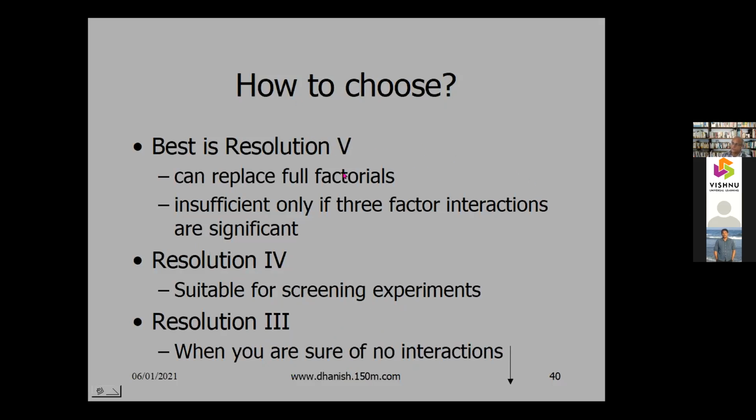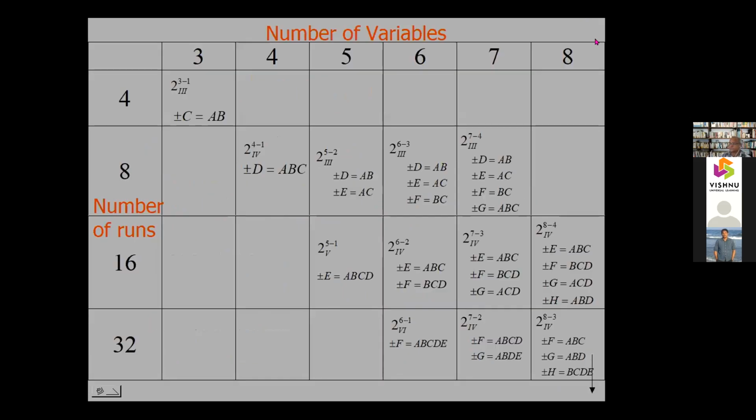generally, higher than resolution 5, resolution 6 and so on will increase the number of runs. Normally, since we are interested only in two-factor interactions, we don't have to go higher at the beginning. So always start with resolution 5, if the number of runs is okay for you. Otherwise, go for resolution 4 or 3, and later analyze it carefully with the help of a person who knows the subject. Otherwise, you can make mistakes easily because of this aliasing. There are a lot of issues with identifying the effects.